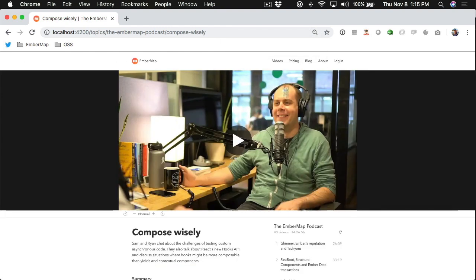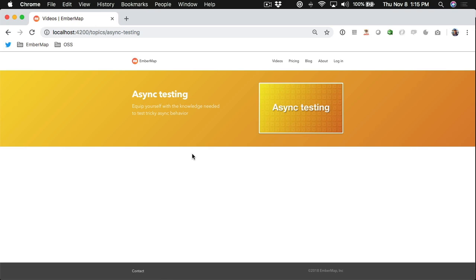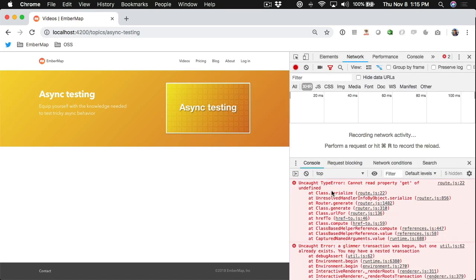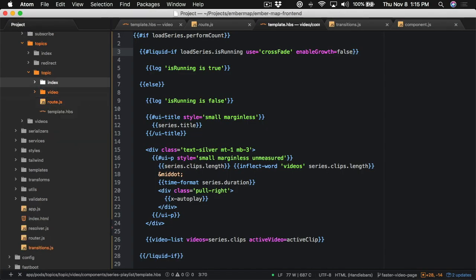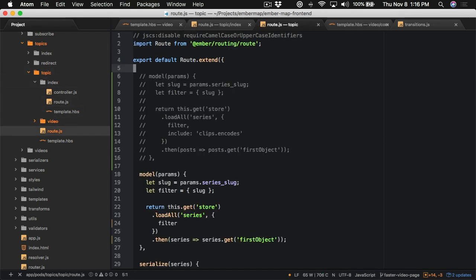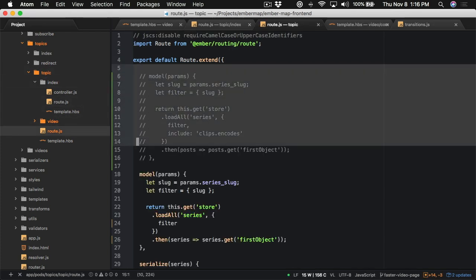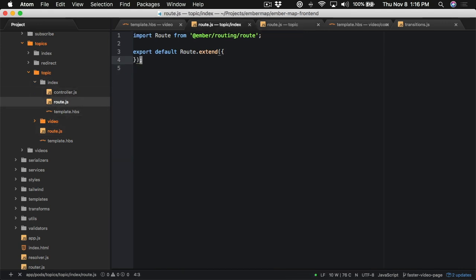Now let's go back and check out that topic page. So I can come to all of our topics and select one. And it looks like we've maybe broken this page. And again, that's because originally this topic index page had this empty route here because it was just inheriting the model from the parent. But now the parent doesn't query that full graph, so we want to grab this, come over to our index route,